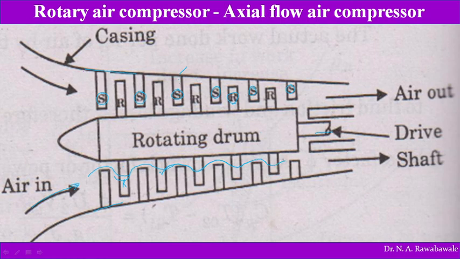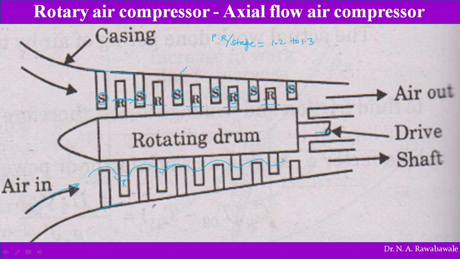As the fan throws the air which is above the fan towards the floor, in the same way this blade acts like a fan and throws the air in the backward direction, from first stage to second stage, second stage to third stage, fourth stage to fifth stage, and so on. So this is how the axial flow air compressor works. The pressure ratio is given in terms of pressure ratio per stage, so it depends on the number of stages. The pressure ratio per stage is 1.2 to 1.3.